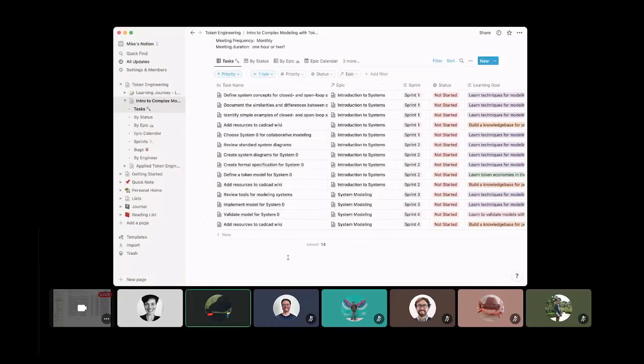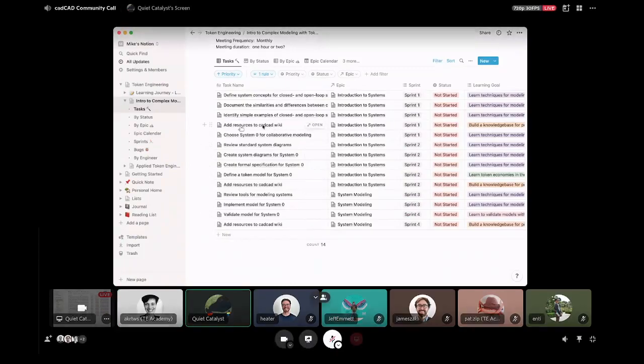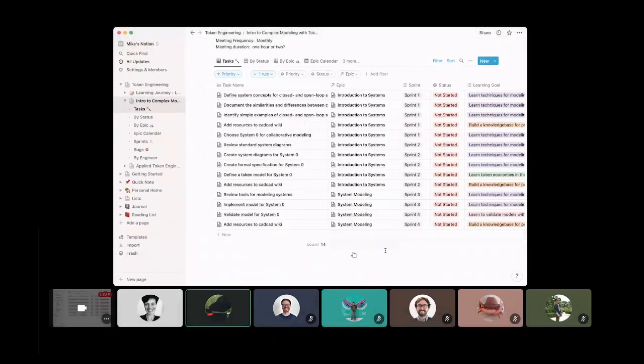So we got feedback from one of our study group participants yesterday, and he commented that one, he liked the flow of this, and two, he didn't feel like he was ready to do programming, and so wasn't sure how he should or could participate in the flow. I'm hoping that the way we've got this structured, where we are adding resources to the cadCAD wiki, enables participation from people, even if they don't want to get into coding necessarily.